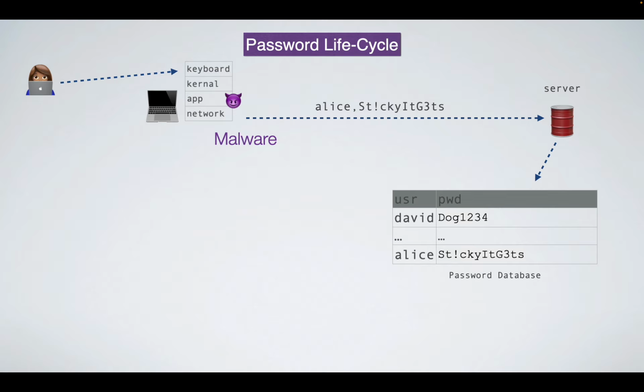Then you can have malware anywhere in the stack. It could be on your computer, hopefully not at the kernel level, but it could be in the application that's using it. It could be on the network interface, anything like that. Then we drop the password on the secure channel. In this case, we are saved by the fact that we do have pretty good secure channels. Generally we're going to use a protocol called HTTPS. This is not bulletproof, and we'll spend 3 lectures a little later talking about this protocol and all the different ways you can defeat it. But for now, we'll just assume that it's pretty good if you use HTTPS.